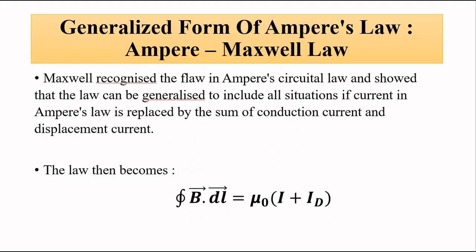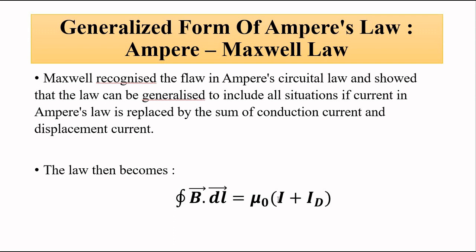Conduction current I becomes 0 at those points, and we have only mu 0 ID, and this is the general expression which can be applied for anything. So for all the points on the wire, displacement current is 0 and it becomes only mu 0 I,